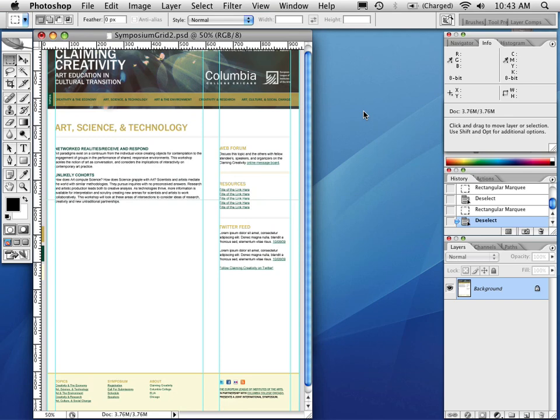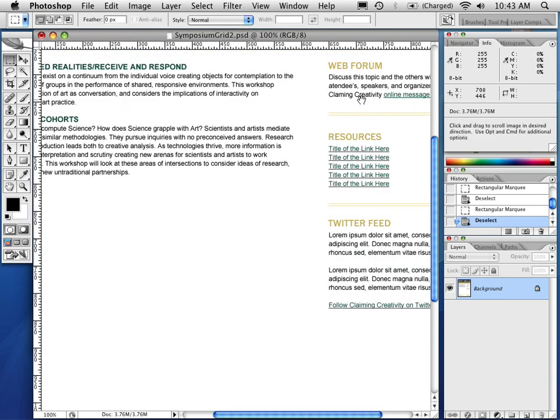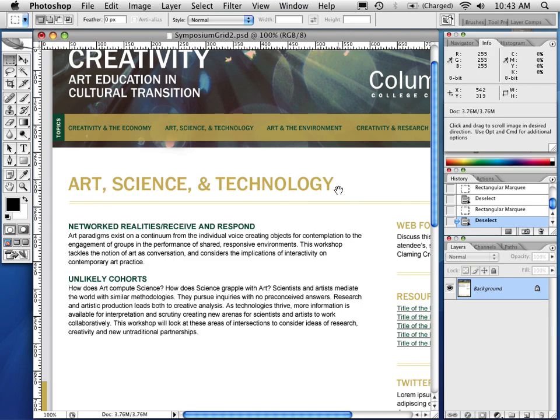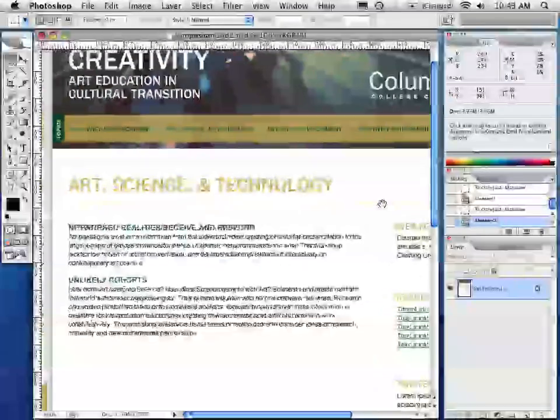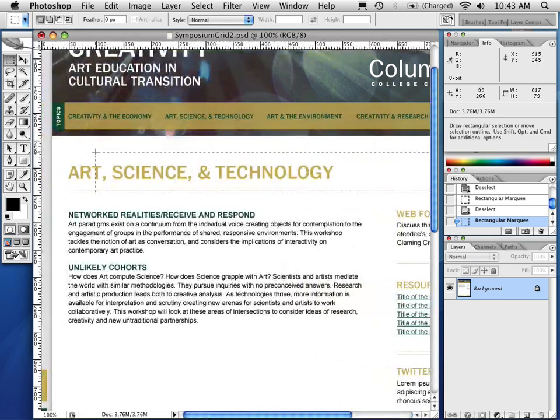Are you going to make a div for the nav then? Am I going to make a div for the nav? Nav on the right hand side. I'll just make two columns here. But notice there's this that goes all the way across here, two lines. So let's make one div that's this,